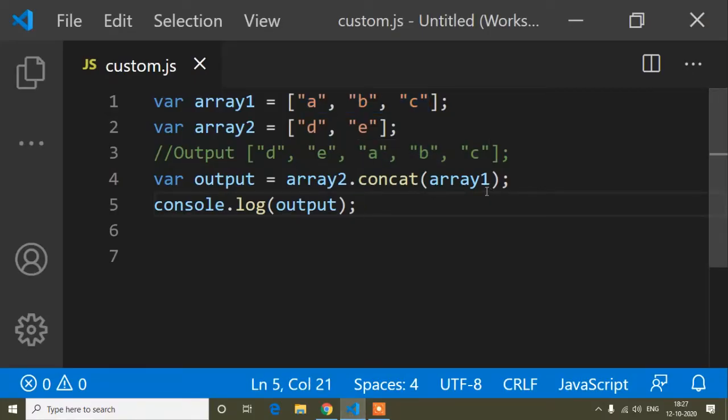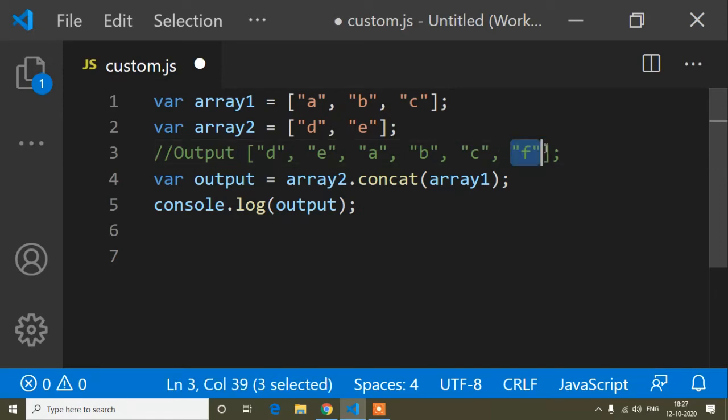Now we can do one thing also. Inside this array, suppose you want to concat and also add some value. Suppose now our output should be d, e, a, b, c, and also anything like f.